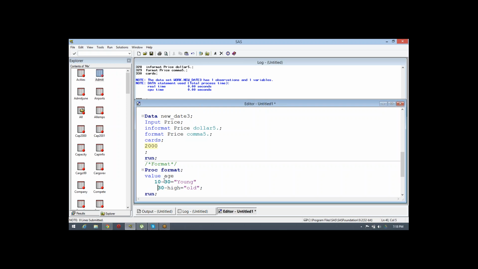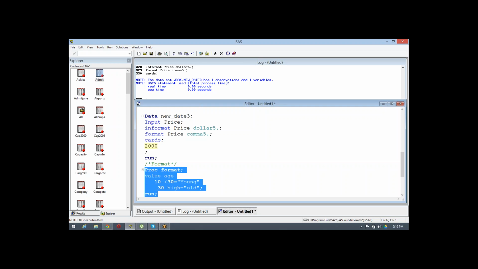But now see, we have applied 10 to 30. It means here also we are considering 30, and here also we are considering 30, 50. So this will give you again a wrong output. So always you say below than 30. Here 30 will not get considered. Exactly. For this, 30 and high will get considered.